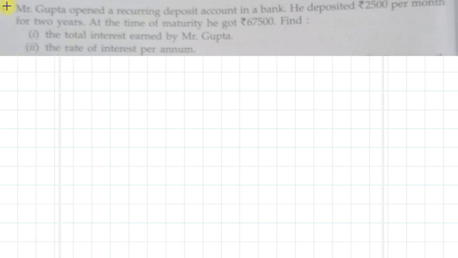So question number 6 is, Mr. Gupta opened a recurring deposit account in a bank. He deposited rupees 2500 per month for 2 years. At the time of maturity he got 67500, and find total interest earned by Mr. Gupta and the rate of interest per annum. So here students,